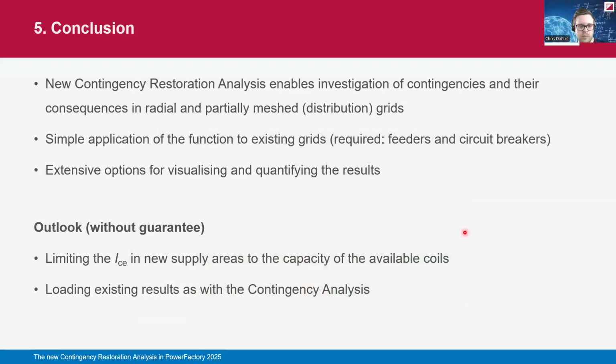All right. So the new contingency restoration analysis, to sum it up, enables an investigation of contingencies and their consequences, also for radial and partially meshed distribution grids, which is not possible with the normal contingency analysis. It is easy to use in existing grids. The only thing required is feeders and circuit breakers, so that the tripping and the restoration is possible. But in most distribution grids, they are already defined, so it shouldn't be too many changes you have to do